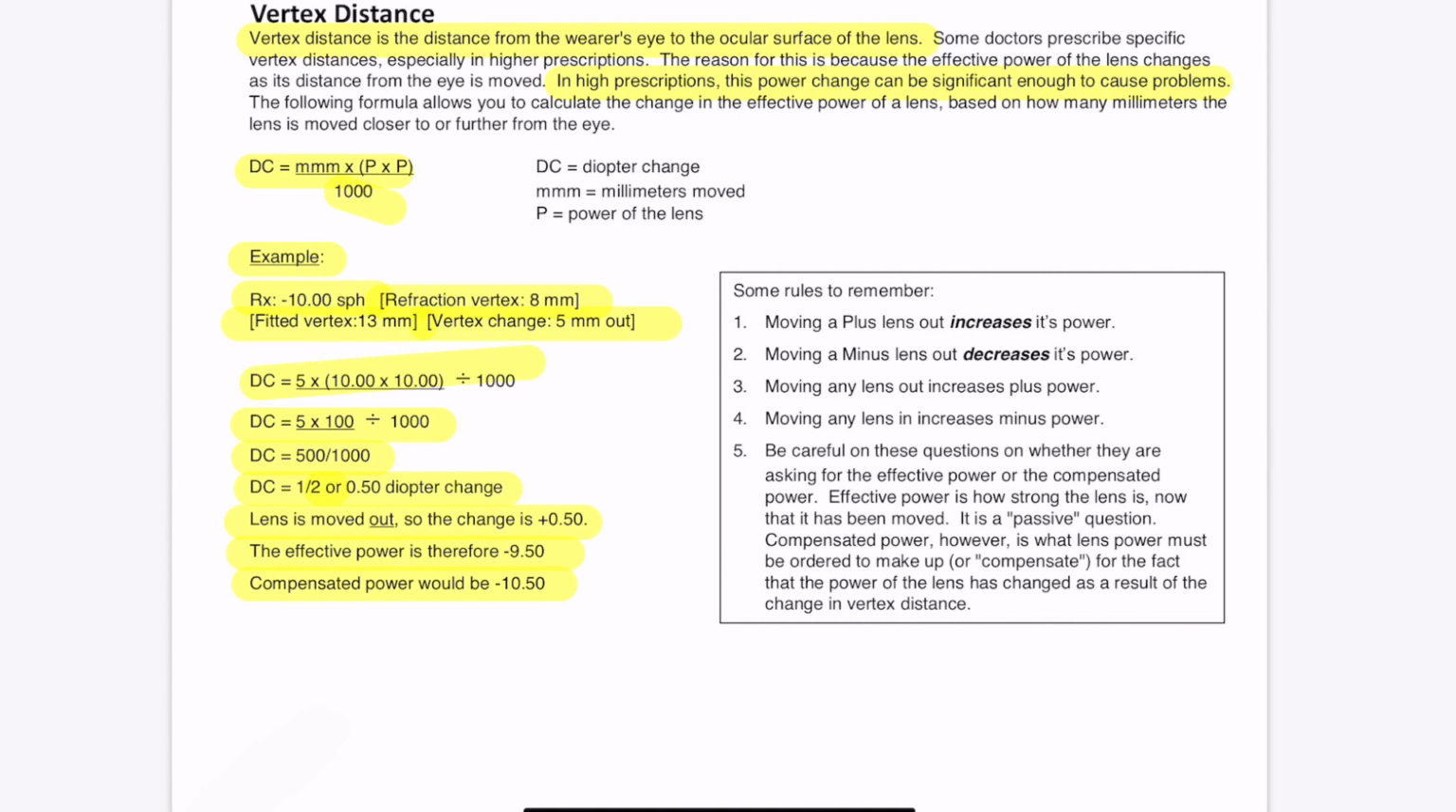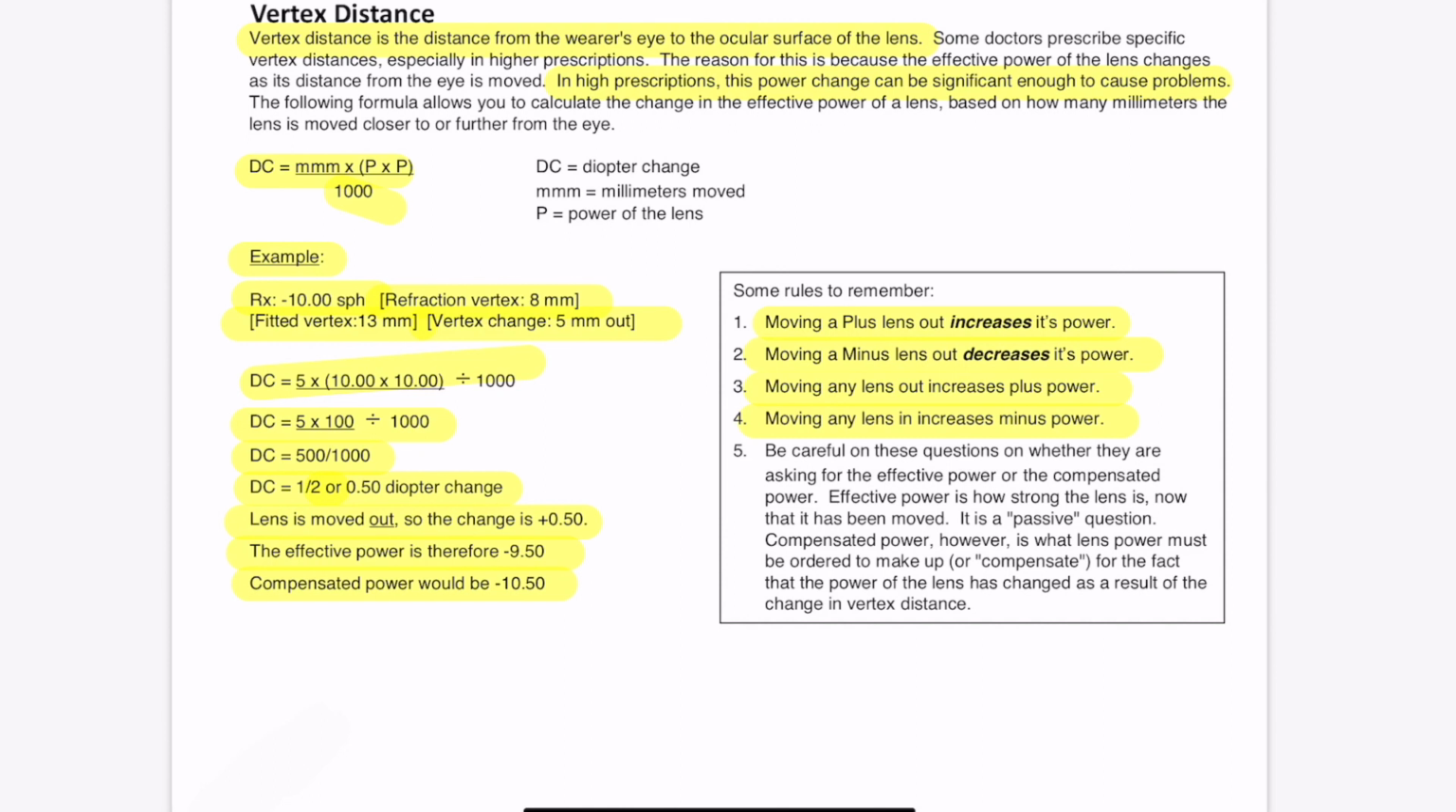Let's talk about a couple of rules here that apply to this formula that we just used in this example. First, moving a plus lens out increases the power. Okay? Moving a minus lens out decreases its power. Now that's one way to think about it. We do have another way. Moving any lens out increases plus power, or moving any lens in increases minus power. As you can see in this example, the lens is moved out, so the change was a